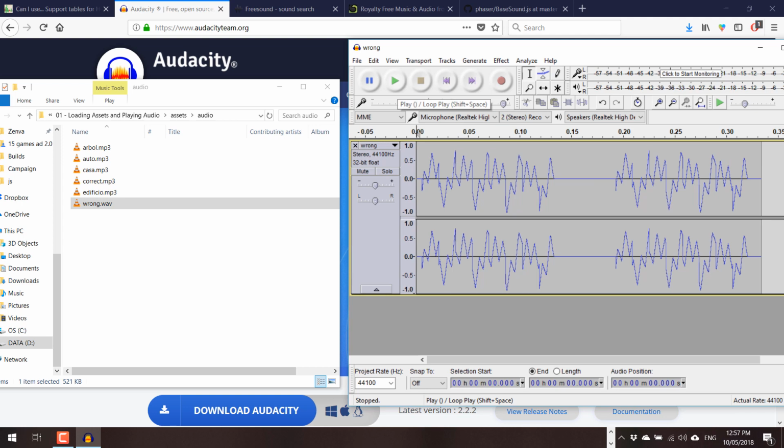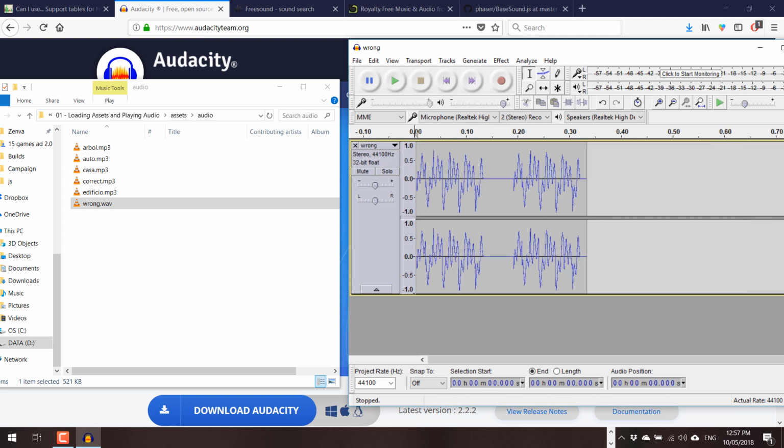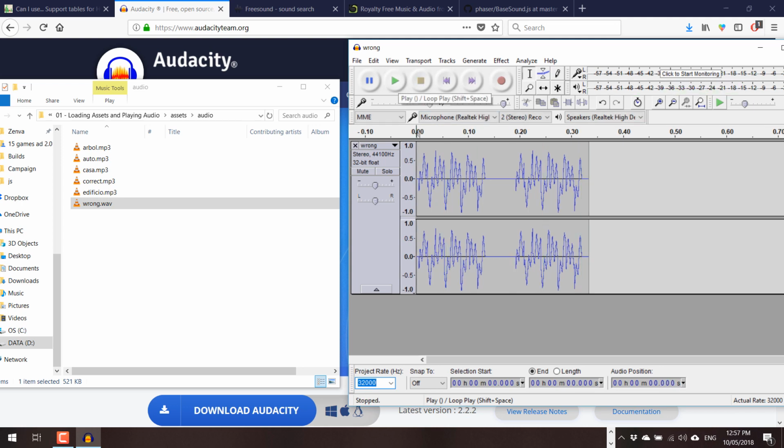So we made our file smaller, and if we rewind like this, we can listen to it. Then something else we can do to reduce the size is diminish the project rate, which is the amount of data that the file has. What I usually do is try one less and see if the sound is still okay. I think that's still fine. You can keep trying, and you might notice that the quality starts to diminish a little bit. Here we can notice that quality has actually dropped quite a bit, but even then the sound is still okay to use for this project. So I'm going to keep it at this number, and now I'm going to export by going to File,